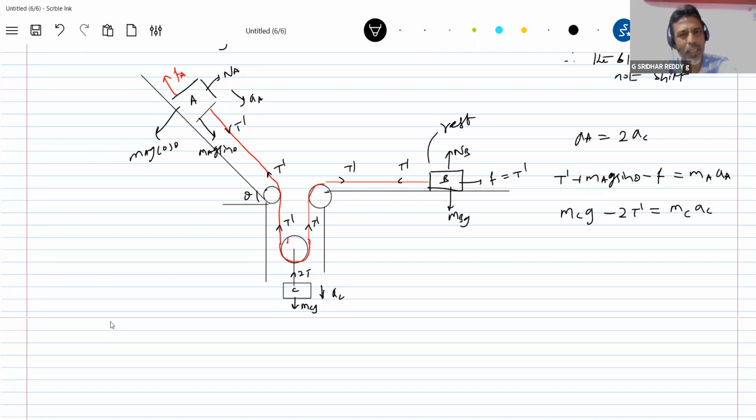Why not the same tension? That was only cross-checking. Practically, this is what happens. So here, what happened? I'll verify. I'll assume the tension T dash. You check it. This T dash will be different from that. Or let's leave it to the answer. We'll calculate this T dash. But how many unknowns are there? T dash, acceleration of NC. 3 equations, 3 unknowns. Solving this, we'll get the required thing.